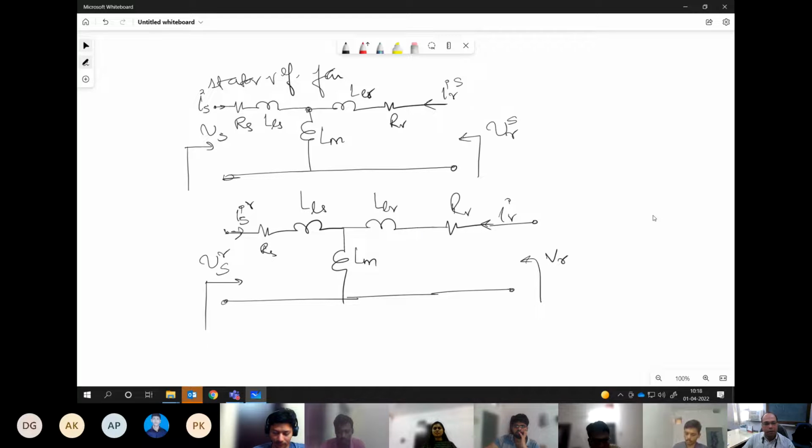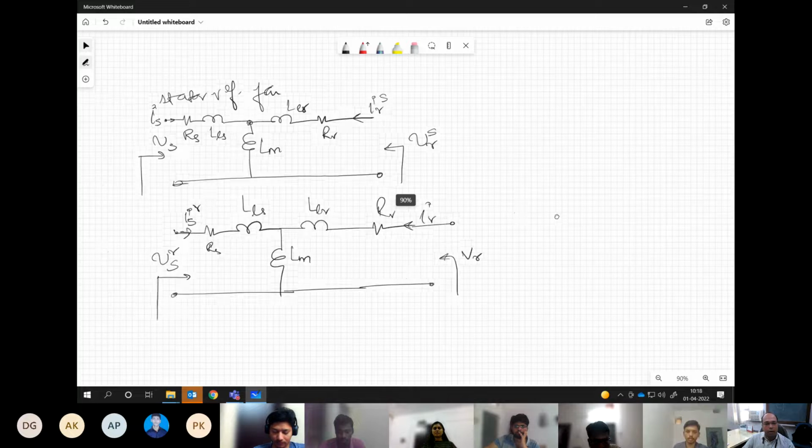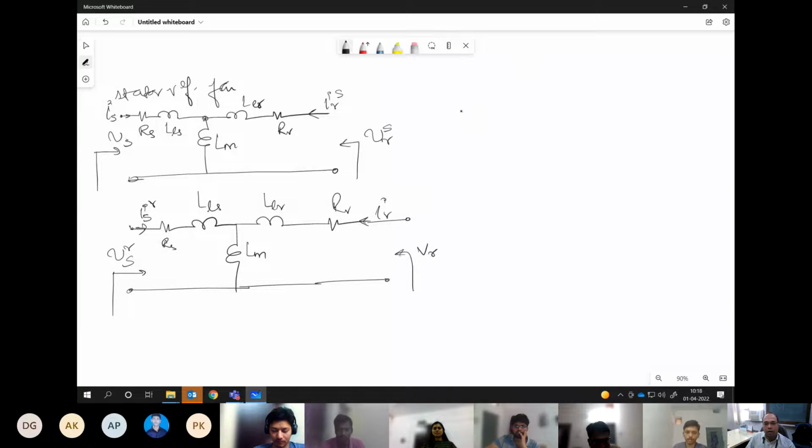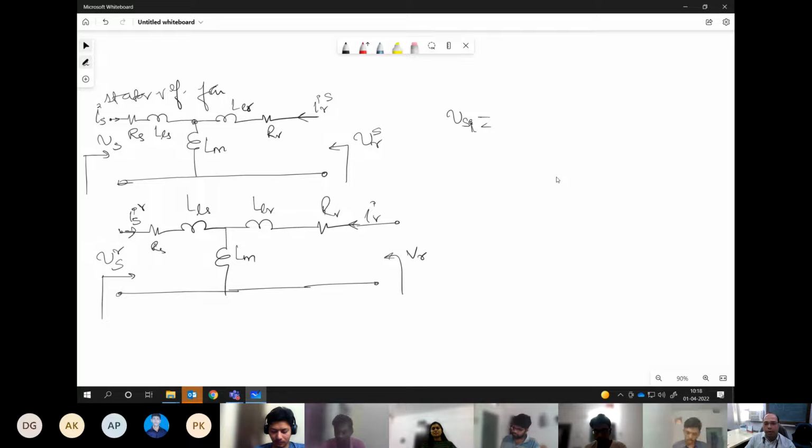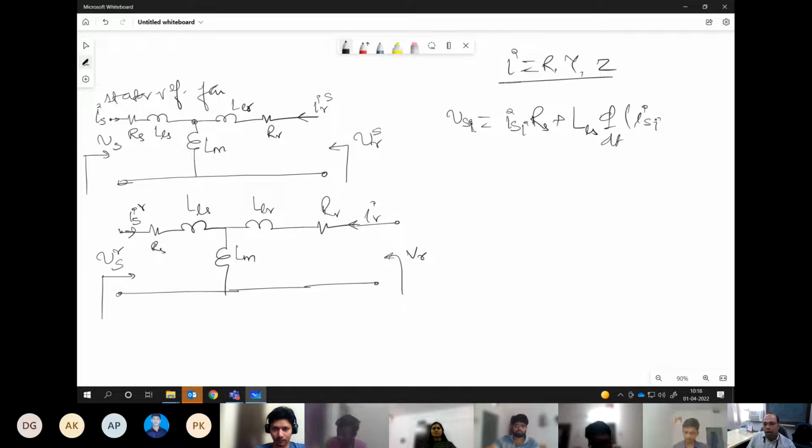Now we have written the equation also, so let me quickly write that. We have Vs, and this I am writing as general for all three phases, so any subscript i you can take, where i would be x, y, z or R, Y, B. Which means I am writing the per phase equation for this circuit, which is applicable for all three phases without any problem. So here I have Isi times Rs plus Lls d/dt of Isi